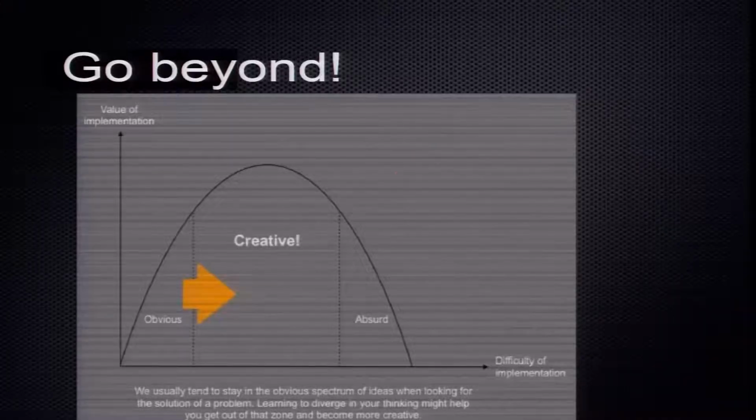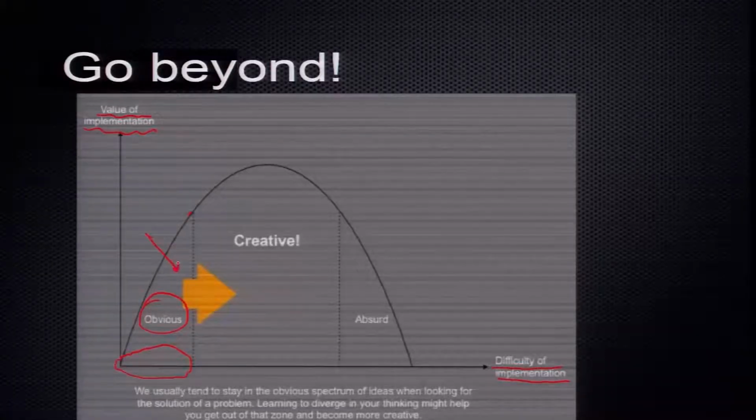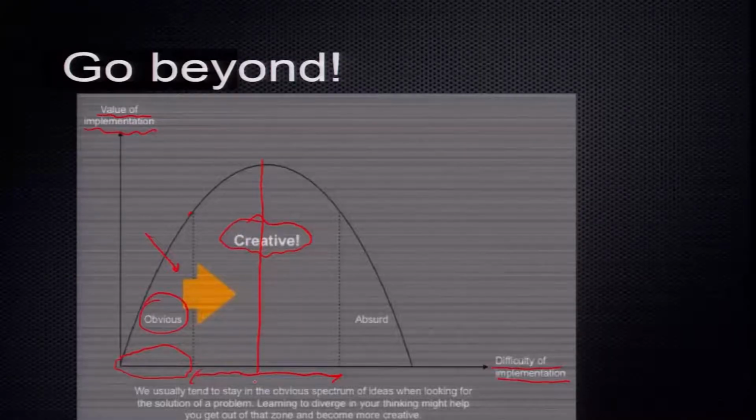Then this approach needs to be realized: when we talk about the parameters, namely the value of implementation of an idea and the difficulty of implementation of an idea, there is always a trade off. There is of course the obvious, where the value is reasonably high and the implementation difficulty may not be that high. This is the natural, intuitive thought process for everybody who participates towards making a solution. But what is creative is the non obvious, which is away from this domain, where the difficulty of implementation may be slightly higher, but you will have the maximum returns, or maximum value, of implementing a certain idea.